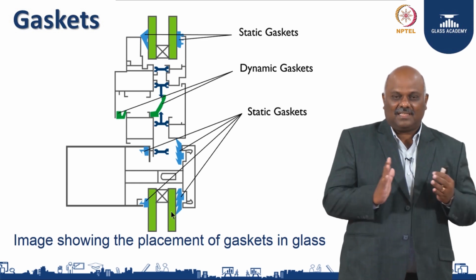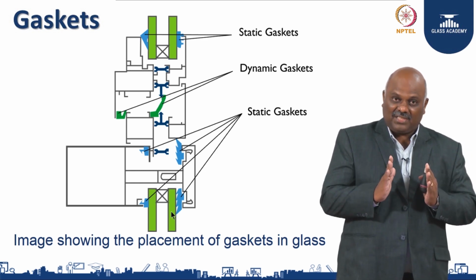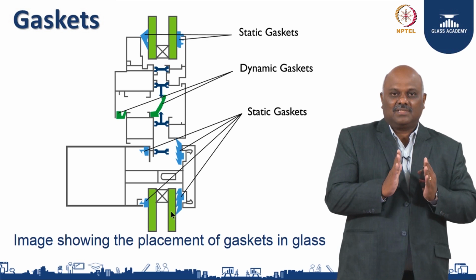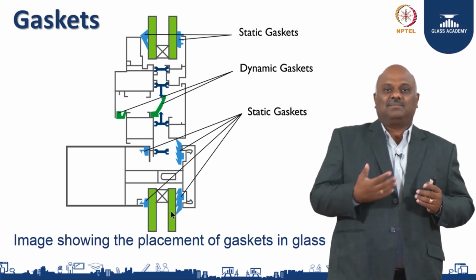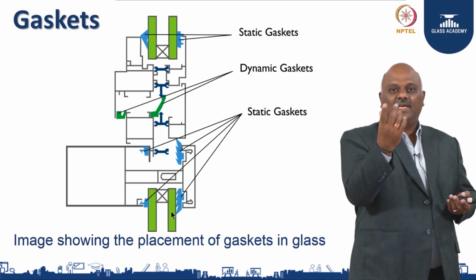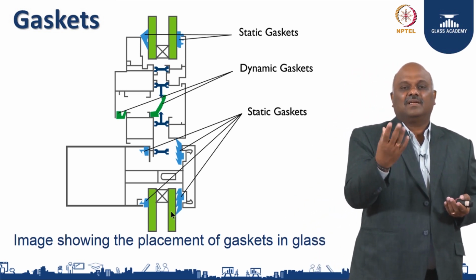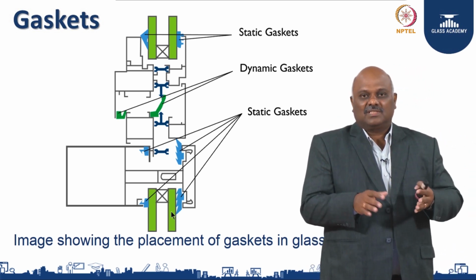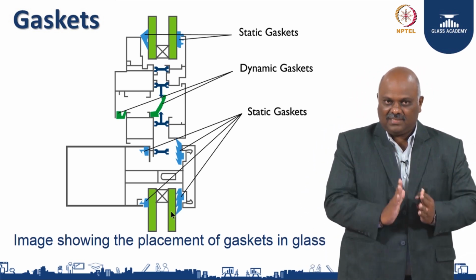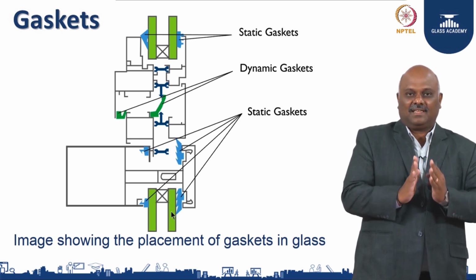So, talking about gaskets, there are different gaskets like static gaskets, what we call, it means it has a function of static, which means you are compressing something and it holds them in position. Dynamic gaskets are something which moves along with the system, they are dynamic because they have to flex, they have to open and close, which goes along with the system. So, static is completely static, it means it is fixed, they just expand and contract and keep.